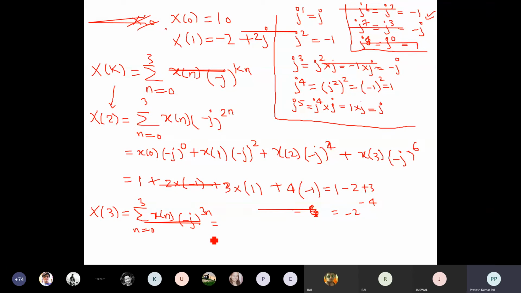After solving the summation, x of 0 into, if n is equal to 0, it will be 1, plus x of 1 into minus j to the power 3, plus x of 2 into minus j to the power 6, because 3 into 2 is 6, plus